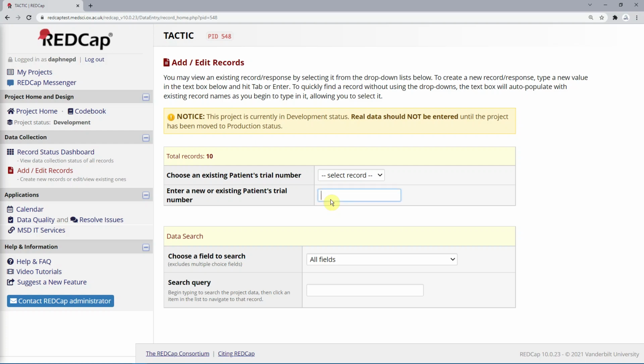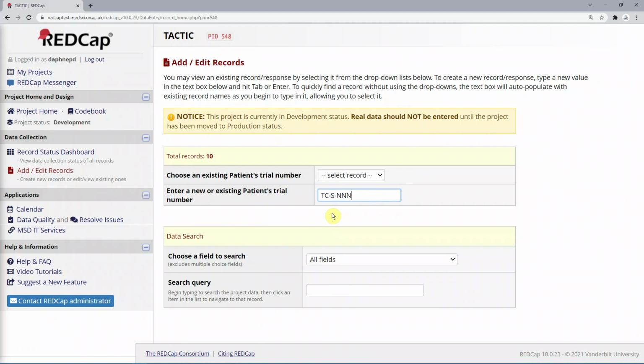You should always follow this format: TC-S-NNN, where S is the site number and NNN is the subject number. Now, from trial-specific procedures and documentation, you will know what the site number is for your specific site. For example, 1 is for Bristol and 2 for Oxford. That number will stay the same for all participants recruited at the same site. The subject number starts with 001 and increases by 1, 002, 003 and so on, for each new patient recruitment